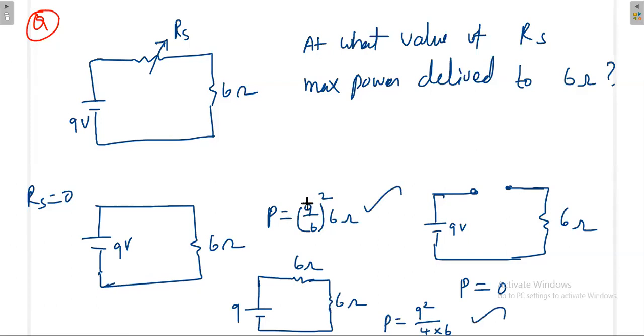This one I am applying by common sense. This one is as per the maximum power transfer theorem. Anyway, at open circuit I cannot get any power. Which one is greater, case 1 or case 2? This I am calling case 1, by common sense. Here, this is case 2. Which one is greater? Somebody please tell me quickly.